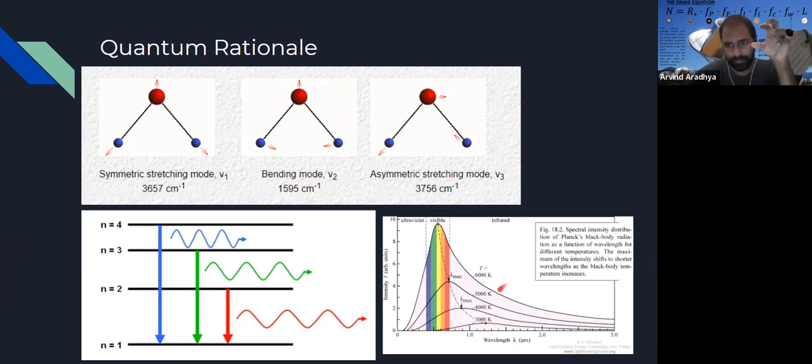And for a lot of objects, if you look at this black body curve, the peak emission is dependent on the temperature that you have. And that temperature essentially dictates where most of the frequency is. So the sun, for example, has a photosphere temperature of about 6,000 Kelvin. Most of the light energy coming out from the sun is coming out in the form of visible and a little bit in infrared.